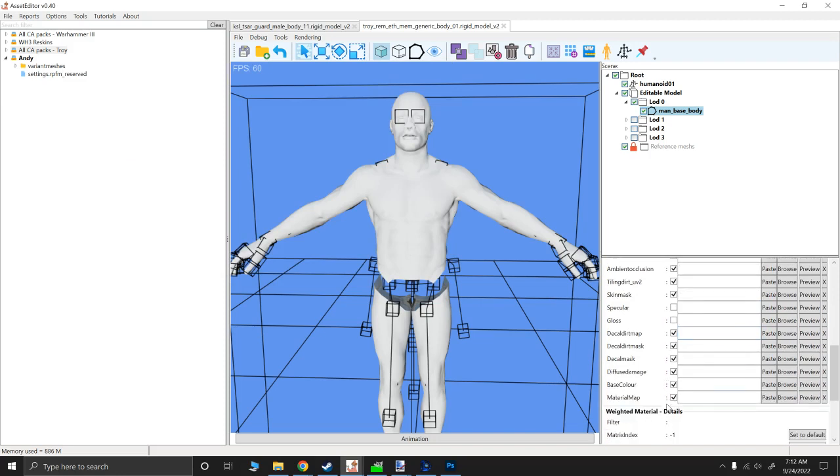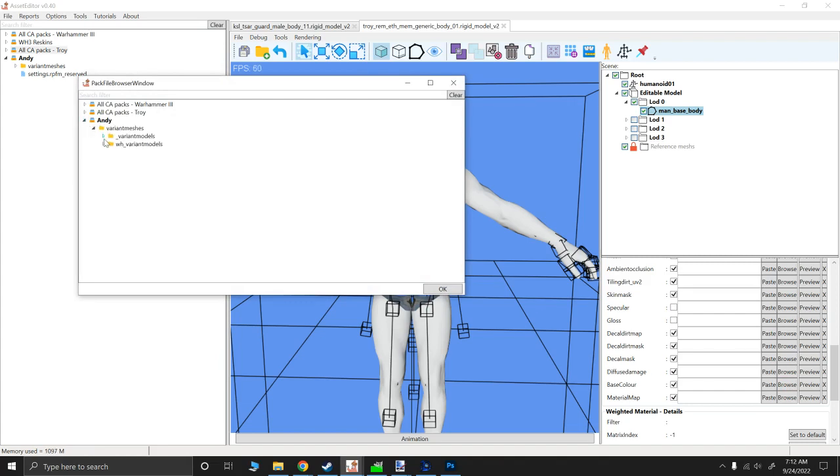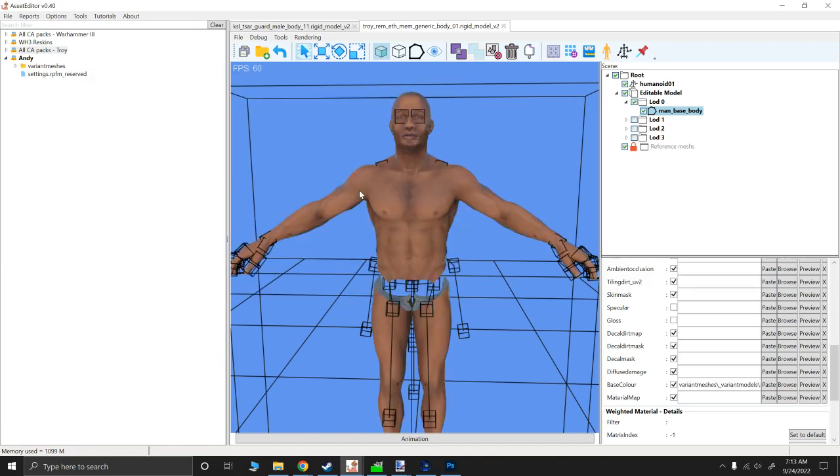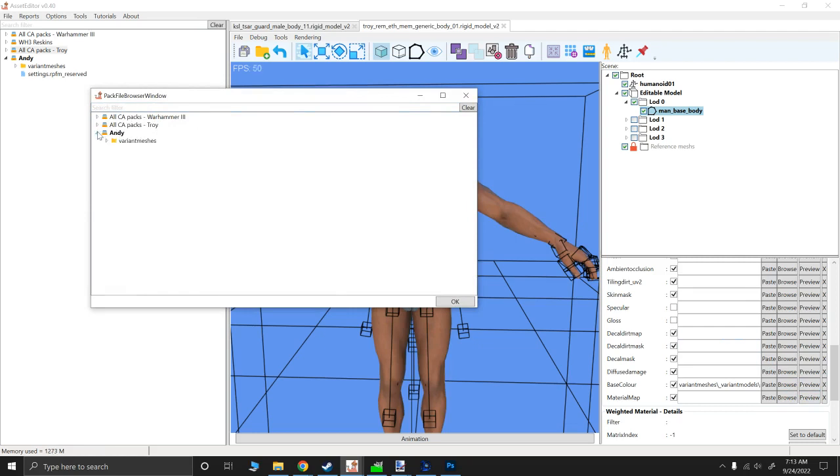And I'm going to do the same thing with base color. So I'm going to browse to my base color in Andy. Variant models, man, base color here. Notice the base color is imported. And now I'm going to do the same for material map, browse, Andy,